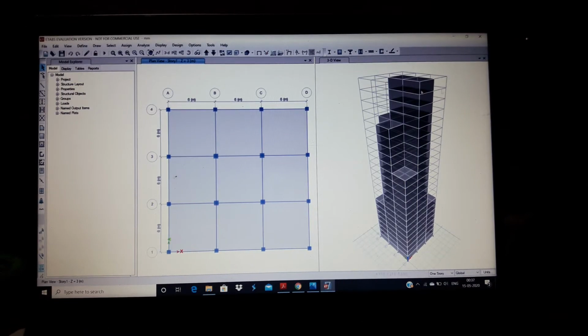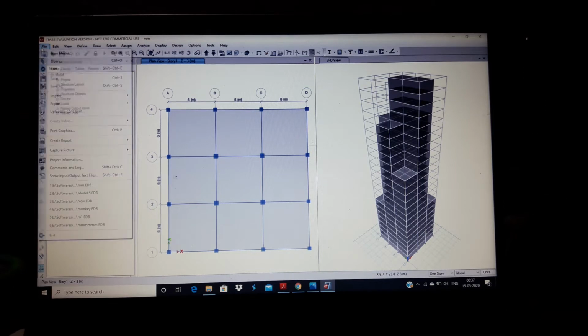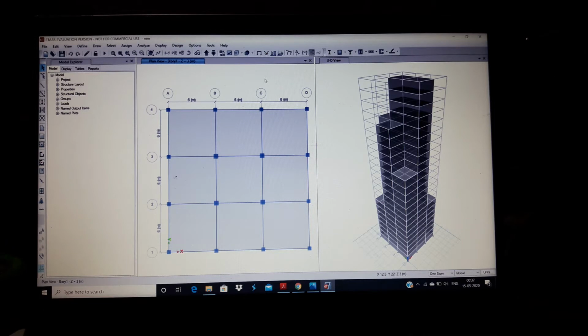So this is the building model I have made. To make this, firstly click on the file menu and then new model. For the new model, you have to set all the parameters according to the Indian standards. And then we know that there are several stories which are similar. So set one of the similar stories to master story and assign other values to it.